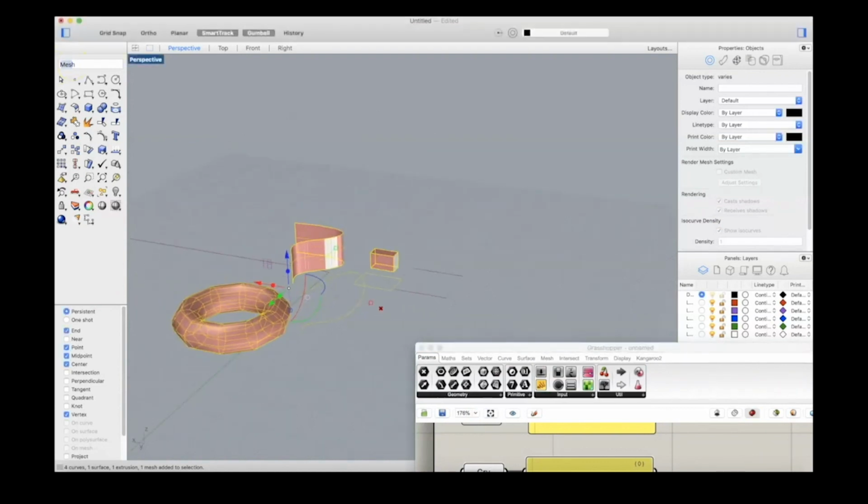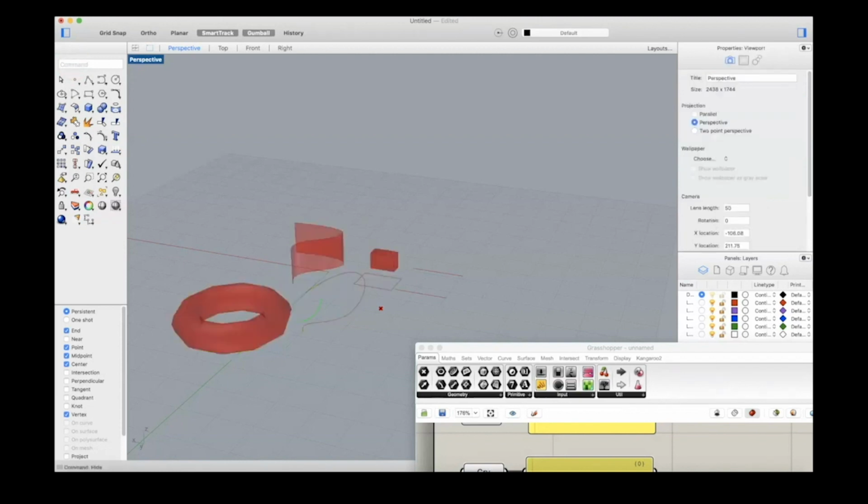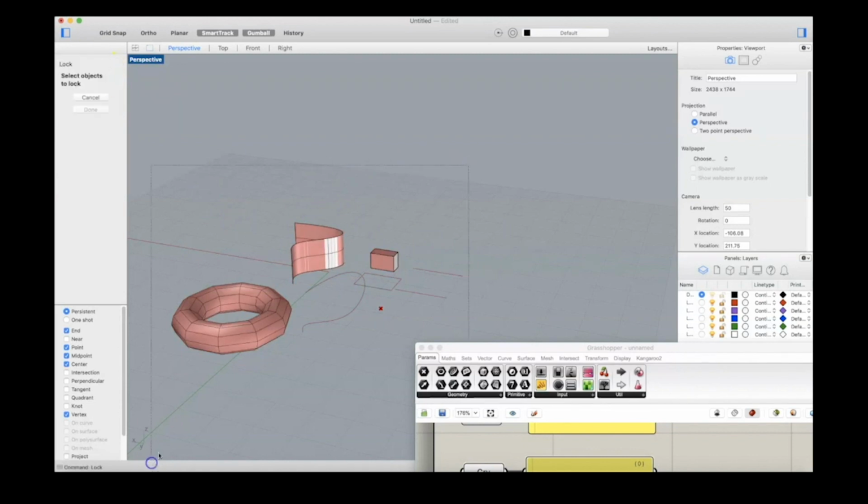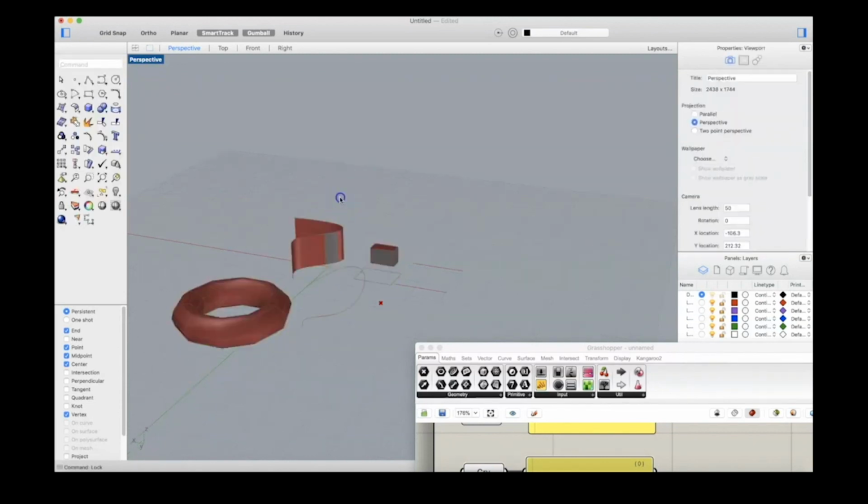From here, you can say hide, and you will hide the geometry, and you will only get the ghost geometry inside Rhino, so you don't move it. Or you can, for example, lock the selected objects, so they turn into a dark gray thing and you cannot move them. Or simply, if you still need the objects